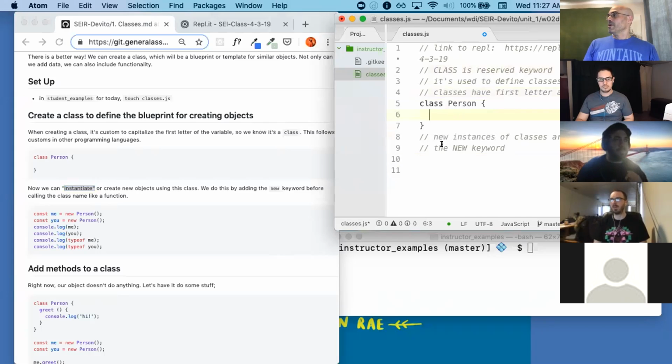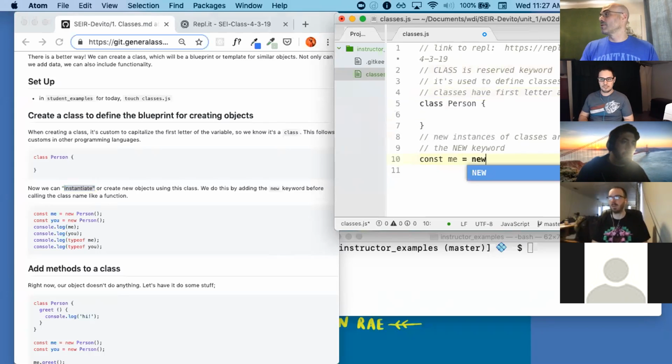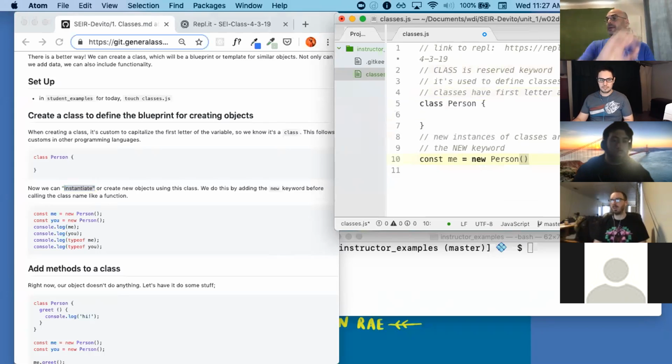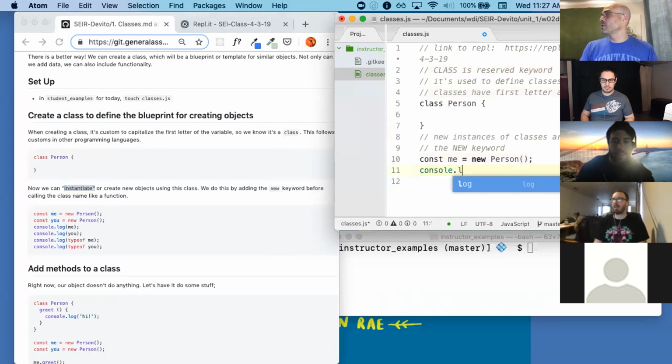Okay? So we have this, and we're going to now instantiate this new instance. So I'm going to say const me is equal to new person, right? Const me is equal to new person. And I'm going to say console log me. And let's see what we get here. I'm going to save the file,